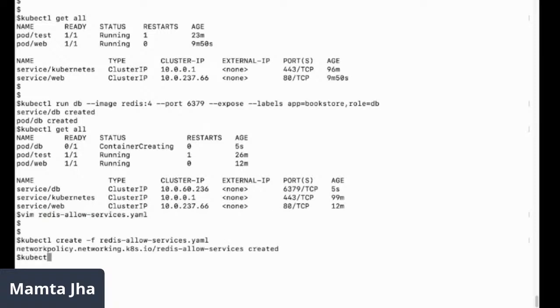Let's create the policy. Sorry, I wanted to get network policy. So policy is created, which is applicable on the pod, which is this.